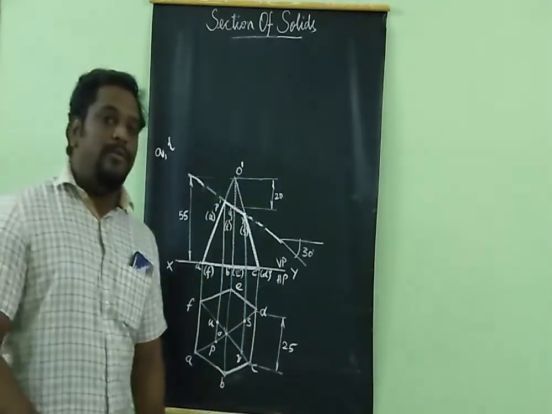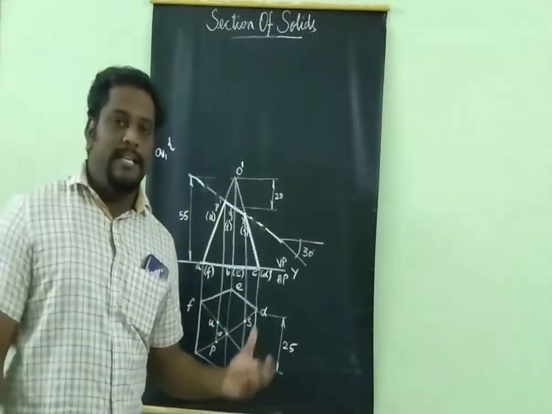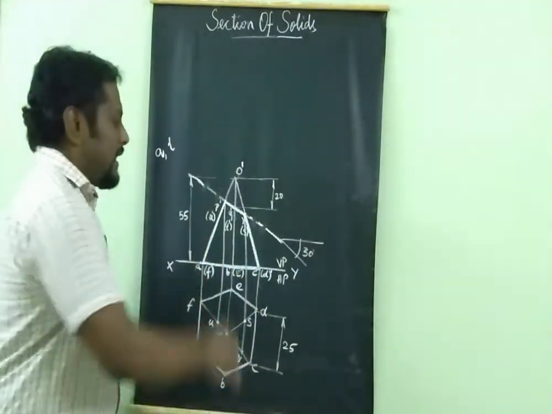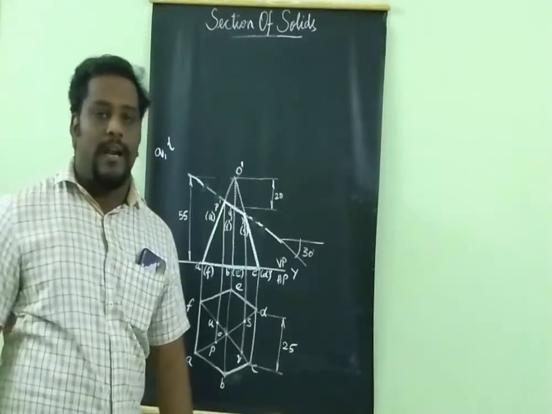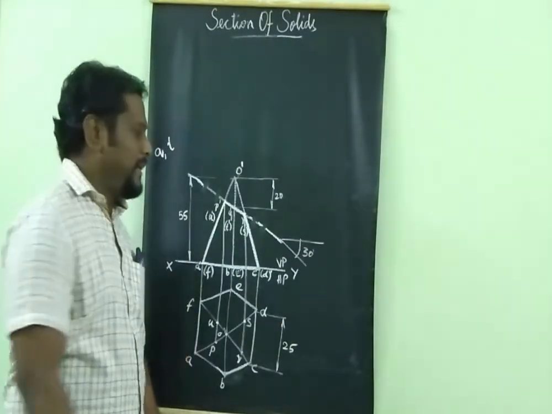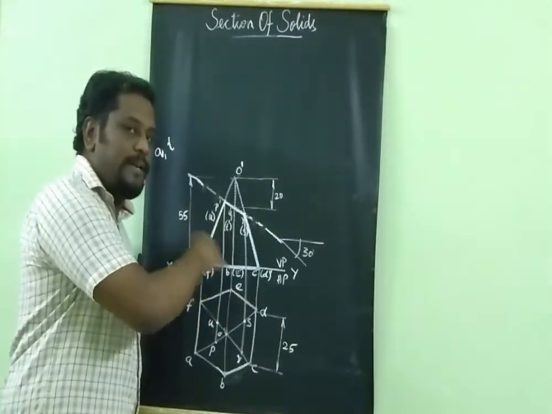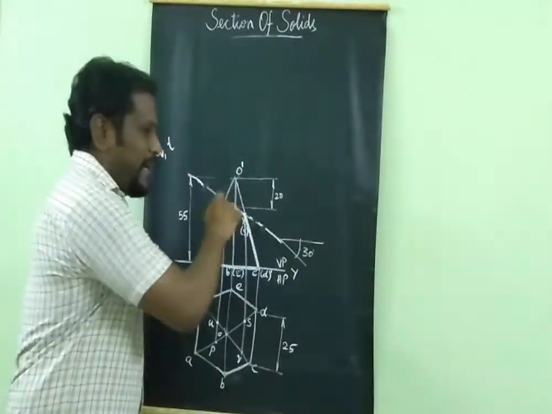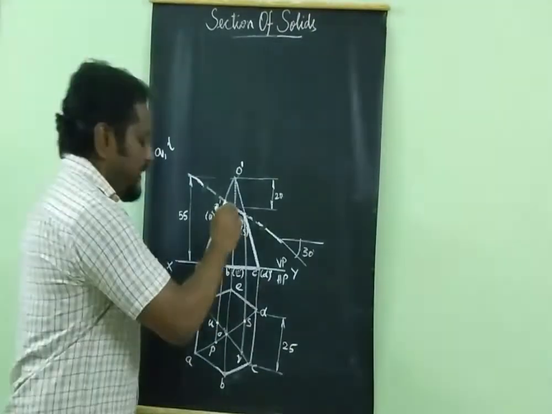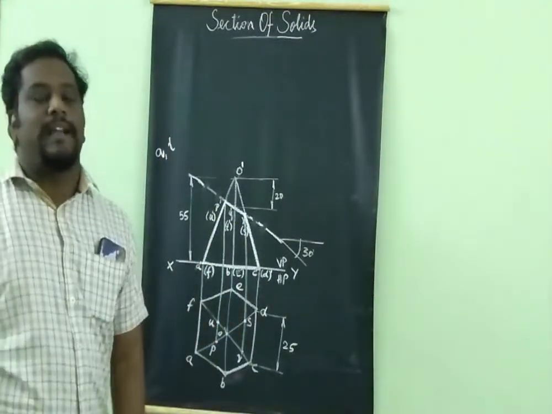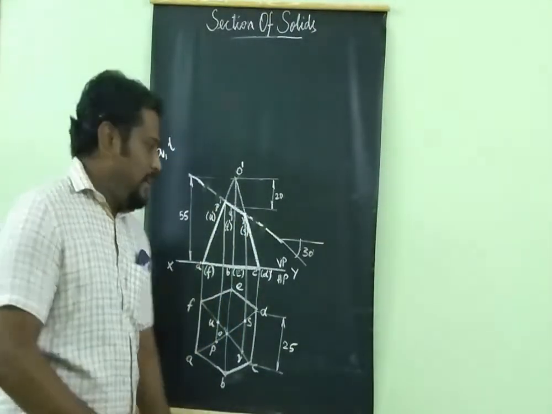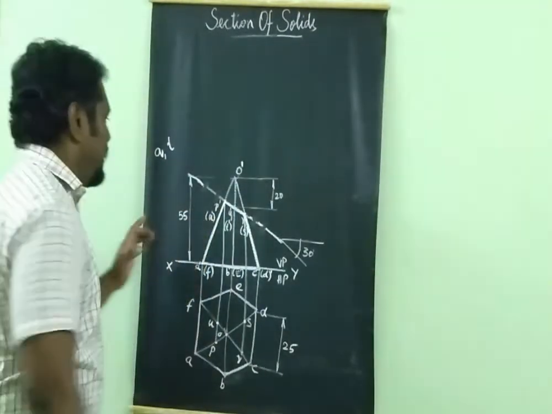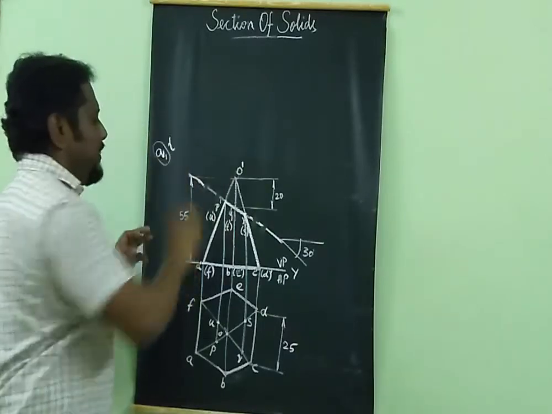Now how to transfer these 2 points? This is the speciality of this problem. In the first problem, we have seen the cutting plane only cuts the longer edge. In the second problem, the cutting plane cuts longer edge as well as the base. In the third problem, the cutting plane cuts and makes a point. That point cannot be transferred directly. Now, listen carefully. To transfer this point Q and T, let me take this point Q only first.